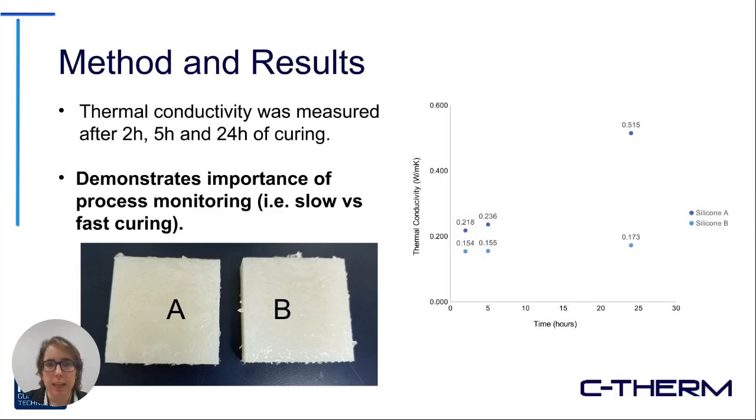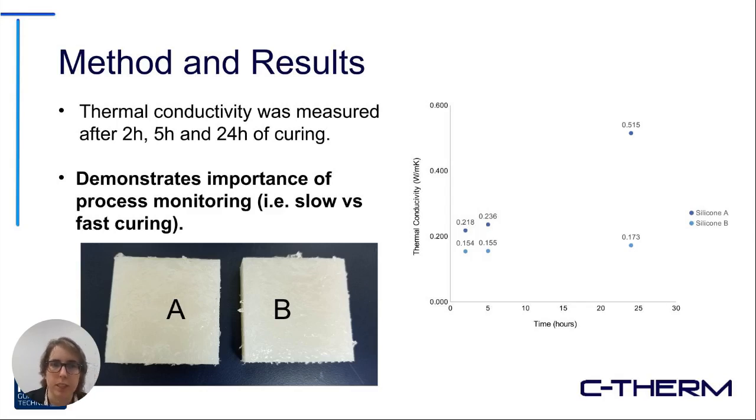If you look at the thermal conductivity as a function of curing time, you can see for the different materials, one of them has significantly faster curing than the other. One is more thermally stable during its curing process, and the other has a significant increase in its thermal conductivity